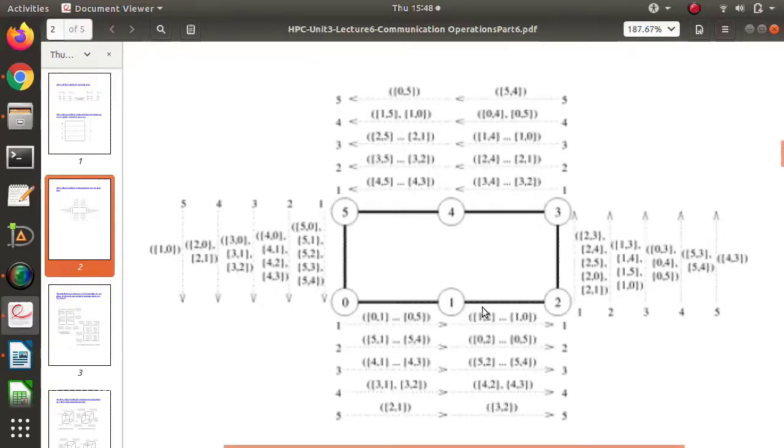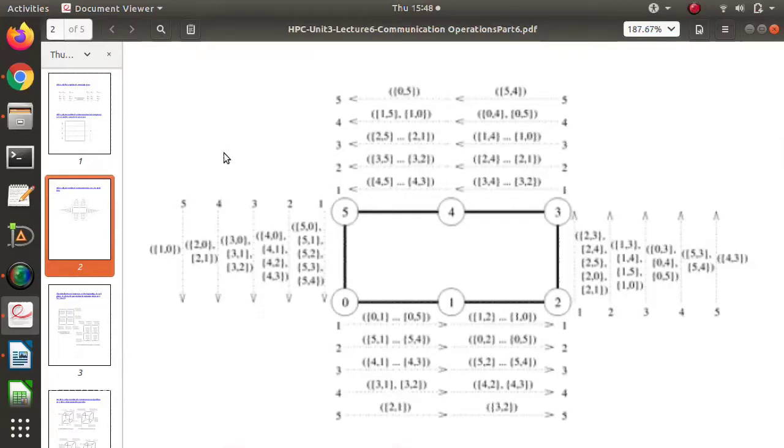These are the 6 nodes or 6 processes. This is the zeroth process, this is the first process, second process, third process, fourth process, fifth process. Okay, so they are linearly arranged, and they are arranged in a ring structure. What are the 1, 2, 3, 4, 5 that are given? Here also 1, 2, 3, 4, 5 are given, and in each of the other places too.